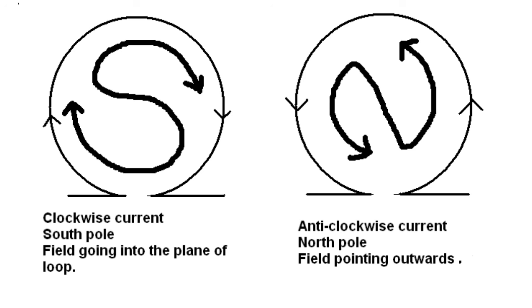First of all, if the current in the coil of wire is in clockwise direction, then the front face of the coil will act as south, and the rear face will act as north. But see the other figure: if the current in the coil of wire that you are facing is in anti-clockwise direction, then the front face of the coil will act as north, and the rear face will act as south pole.